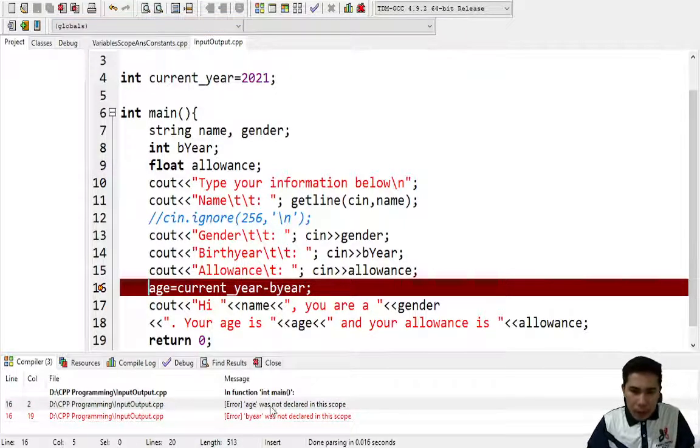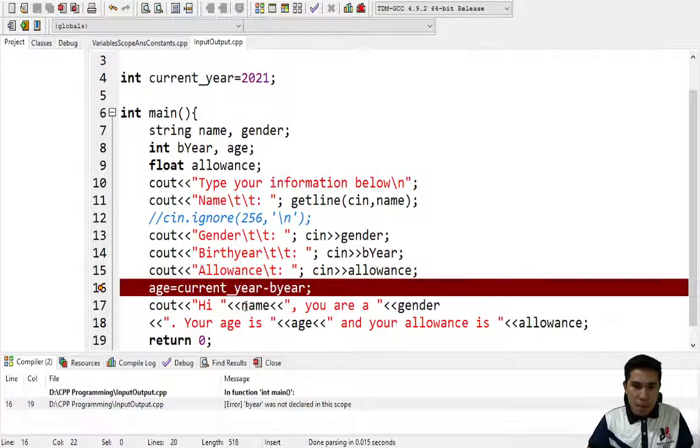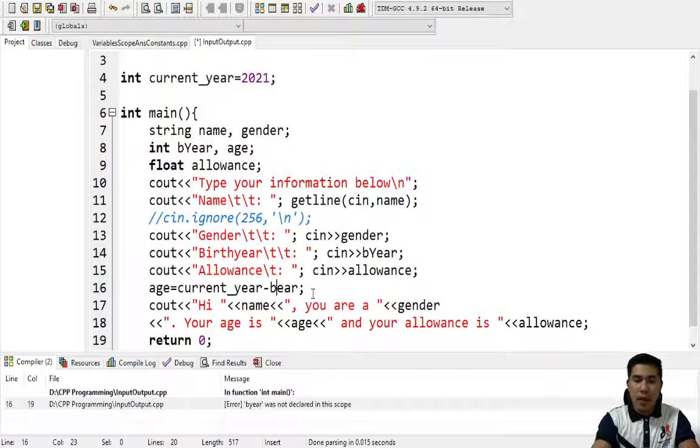What happened? Age was not declared. I'm so sorry, it disappeared. So anyway, that's it. The keyboard is wrong; it should be a Y. Again,